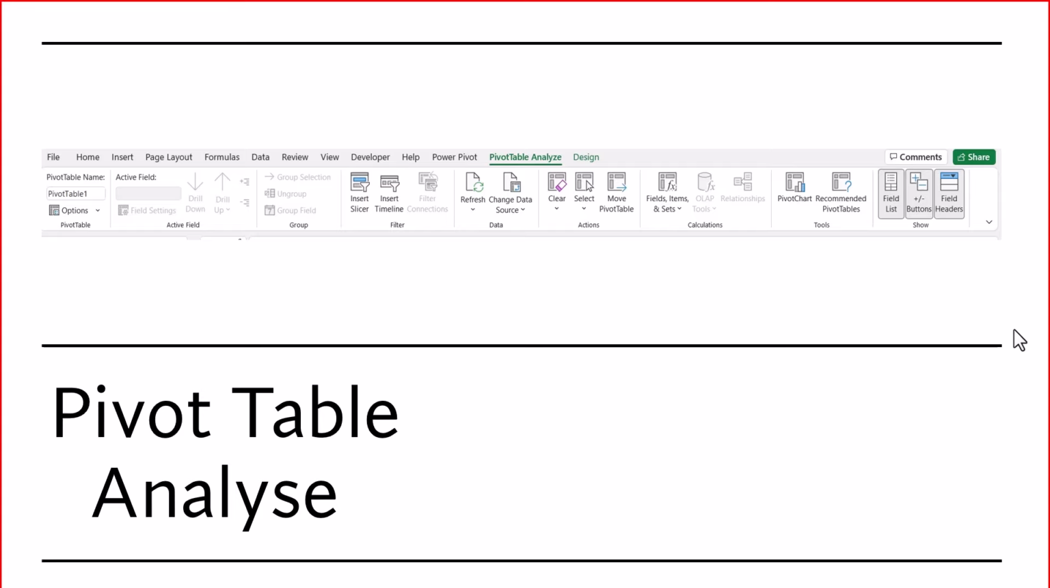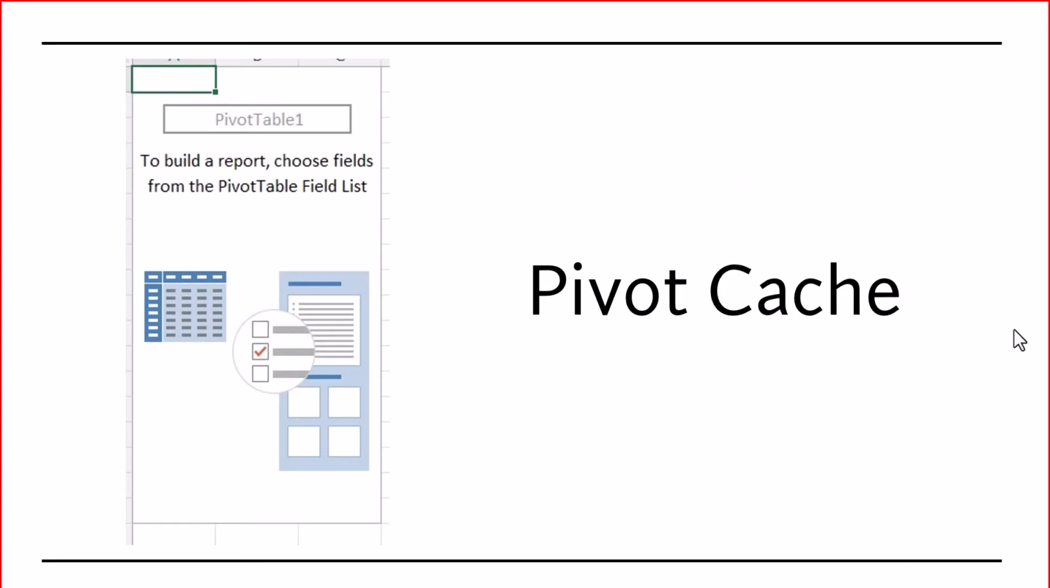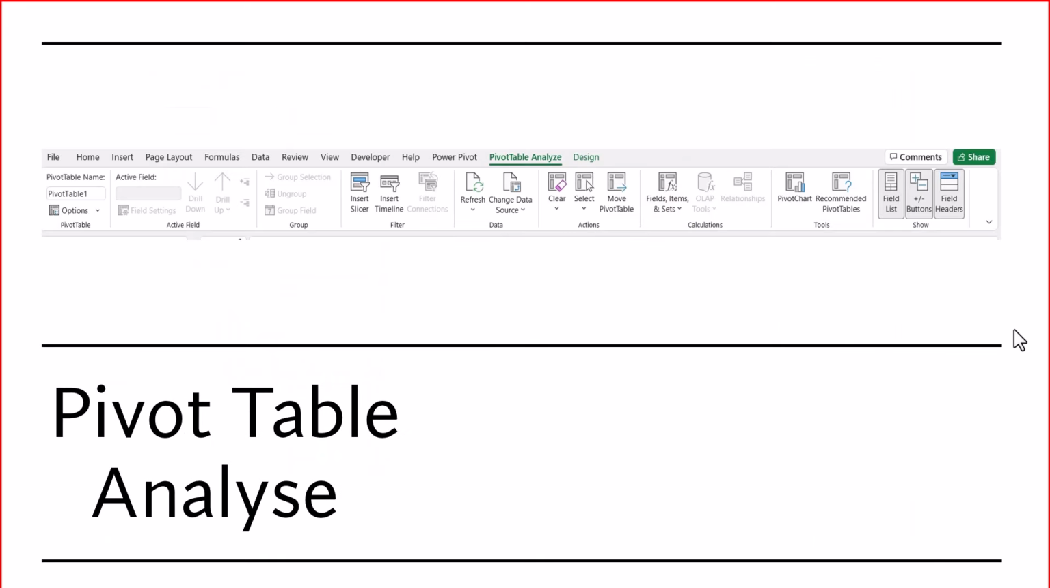Again, this will showcase only when your cursor is in your pivot cache. If your cursor is outside the pivot cache, in some other Excel cell references, then these two tabs, pivot table analysis and design, won't be appearing for you. In pivot table analysis, the most used logic will be,